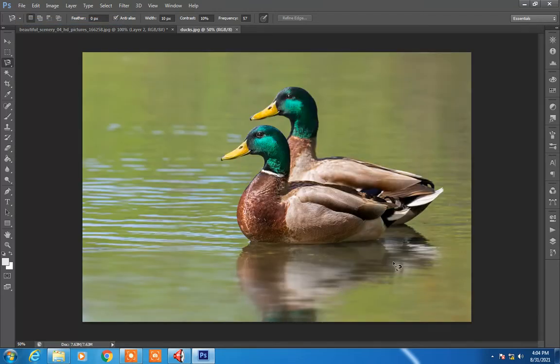Over here there is a lot of color variation. We can also make use of the magnetic lasso tool for easy selection. But there is one more easy method, that is the quick selection tool. This selects the portion which you have clicked on. Okay, so all you have to do is just go on clicking and it will go on selecting. I have not pressed any button on my keyboard. Just go on clicking and selecting the part which is required.